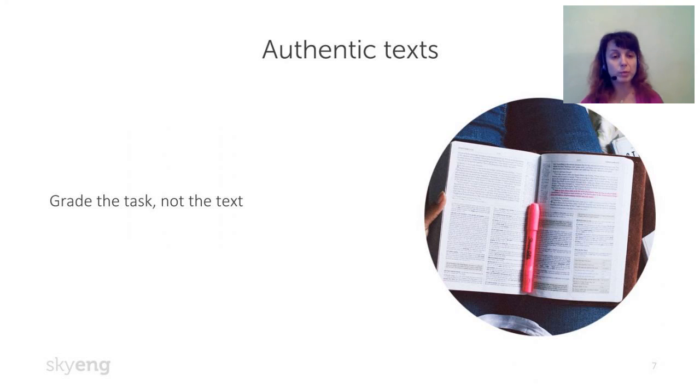So even if you show them a real newspaper article, maybe even cut out of a real newspaper, and you ask them to find maybe the city where this event happened, they will be able to do it. Or the name of the person maybe in charge of the company, they will be able to do it. Or how much money did the company make last year? They will be able to do it. And by doing this, they will develop their scanning techniques. It's one of the types of reading.